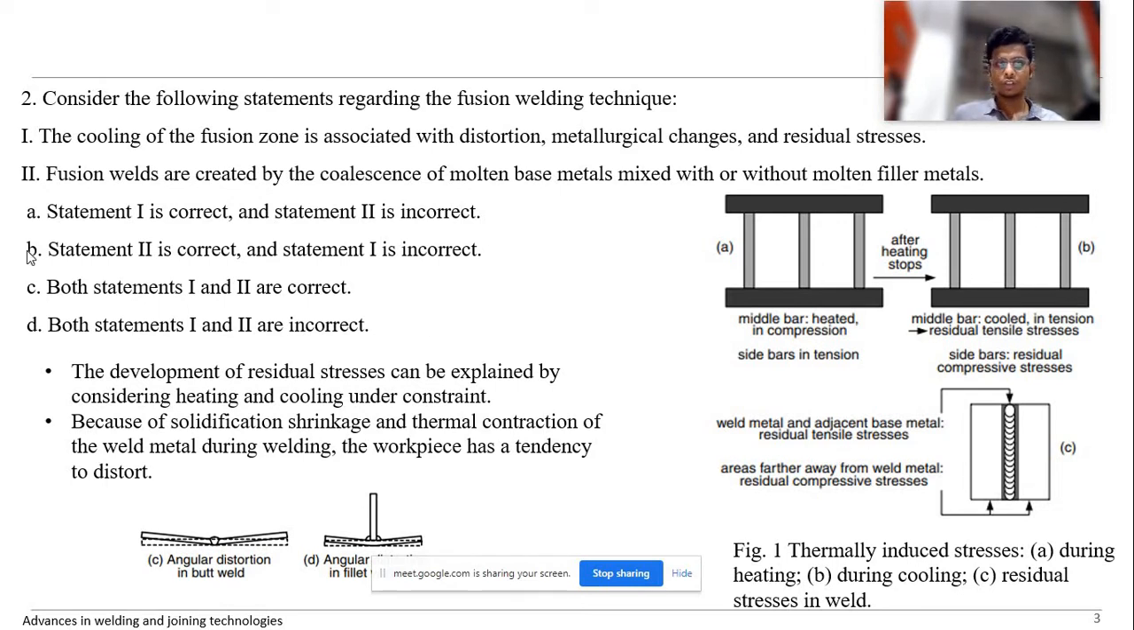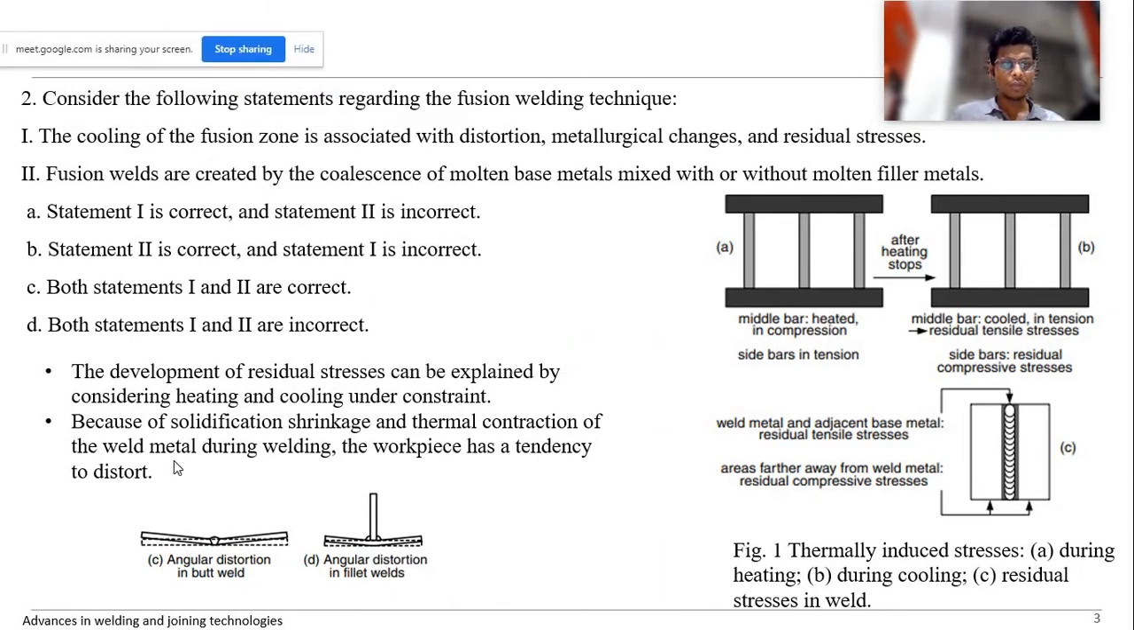So we'll go to the first statement again. The cooling of the fusion zone is associated with distortion, metallurgical changes, and residual stresses. So as the cooling happens, residual stresses will be present. Okay, fine. So this statement is true. Now, because of the cooling, they have also mentioned distortion. Distortion in the sense,